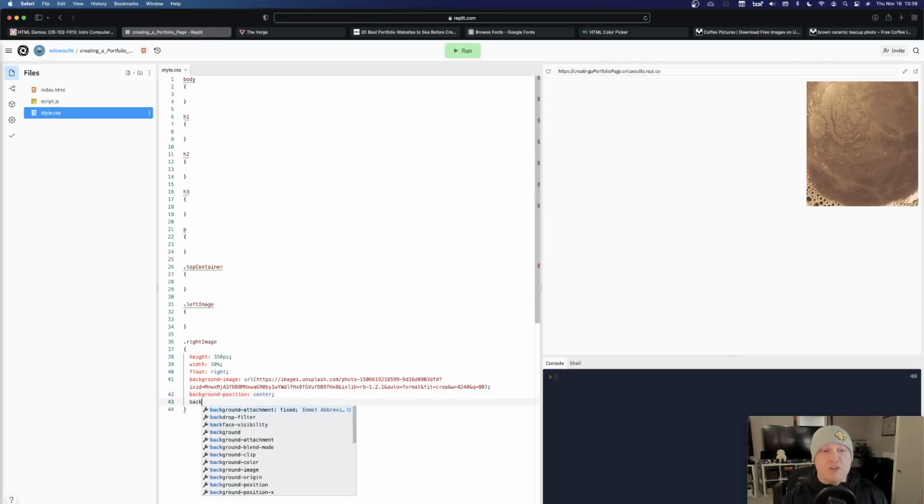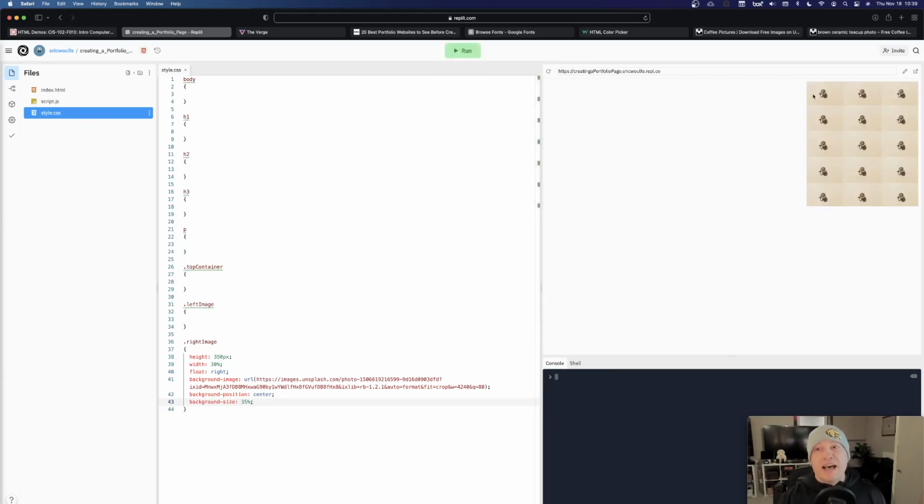So we can change the size of that particular image so that we can see a lot more of what is happening there. If I start typing back and go down, otherwise I could type out background dash size, and now we have the ability to change the size of that particular image. So I'm just going to pick a value and we're going to see what happens. I'm going to say 35%. And we'll see what happens. So if I say run,